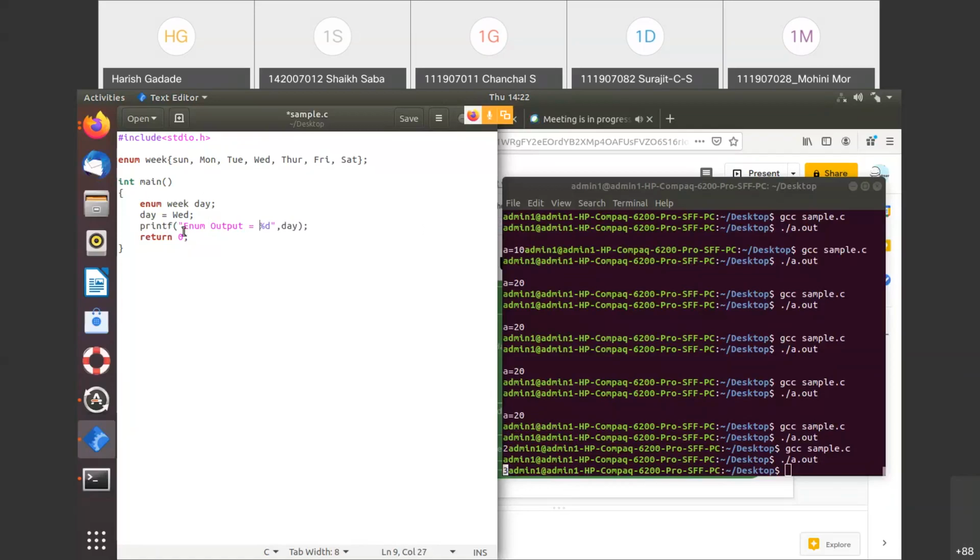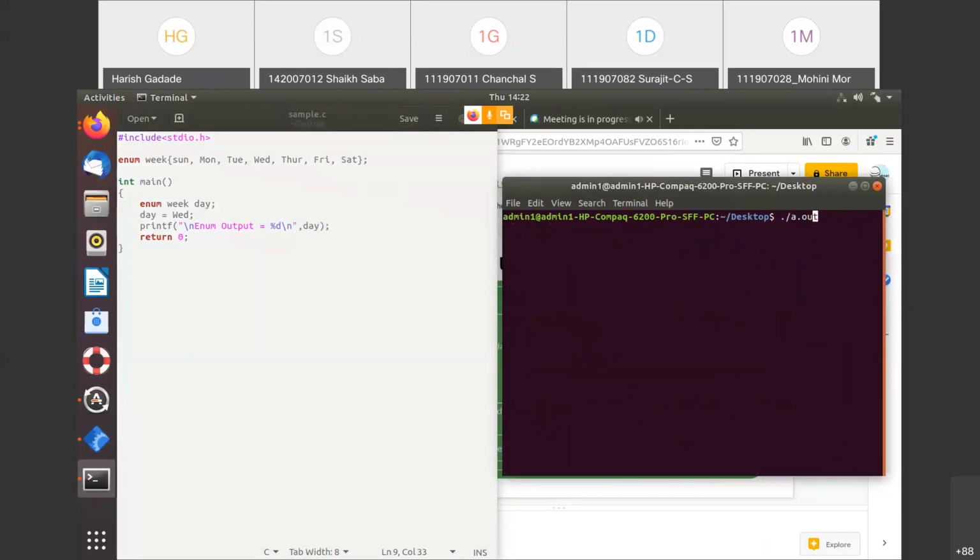Here I'll put a new line so that it would be visible, and also here a new line. Compile and run. You can see here the enum output is 3.